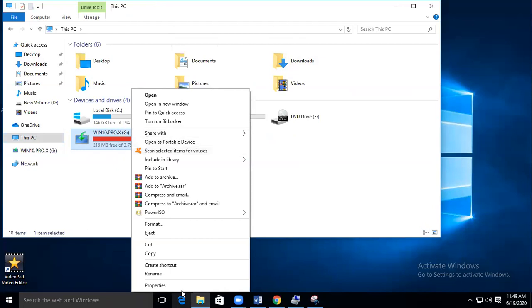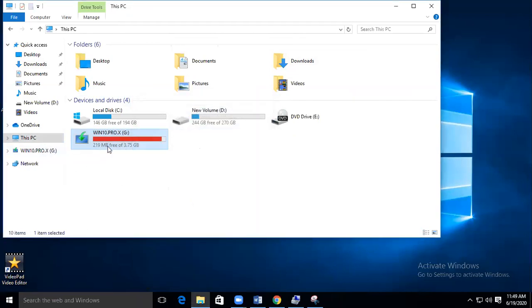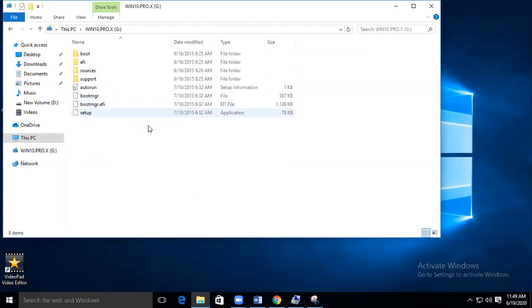Already you can see it, but I'm just trying. This is a free space of only 219 MB, but a 2 GB pen drive will not work. It should be more than 4 GB when you are making this bootable. Done. If I open this, right click and open, you can see all the setup files over here. You're getting my point. Sometimes, what Siddharth was saying, how to upgrade from 7 to 10, you double click. You should not go in this way. It might not work properly. The best thing is to boot it from your computer. Now let's see.